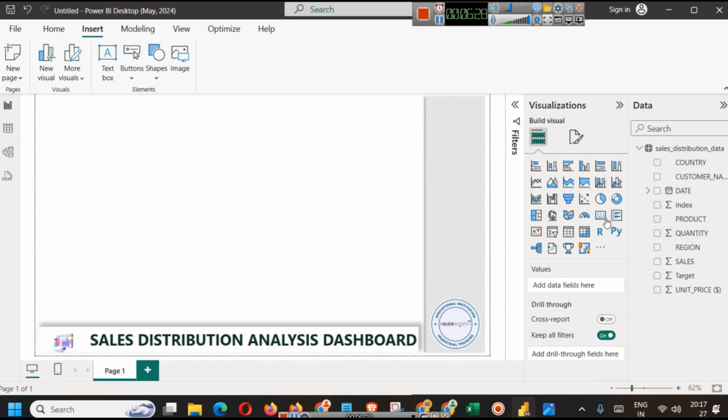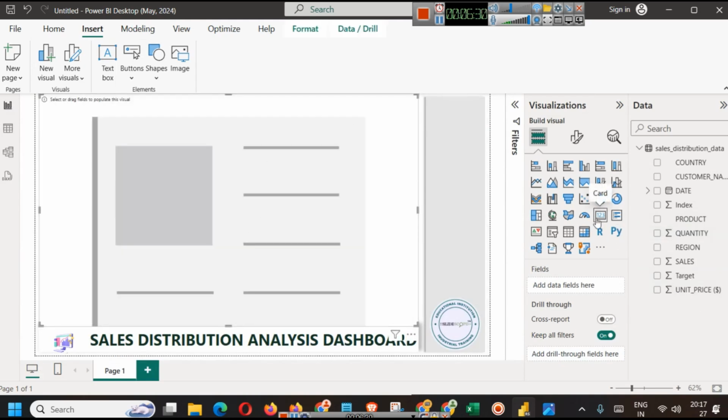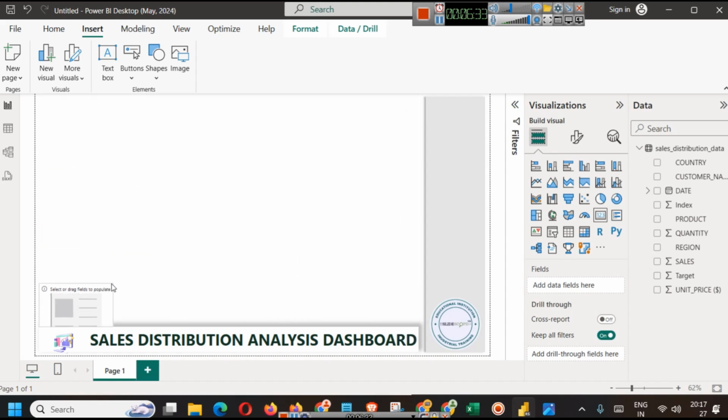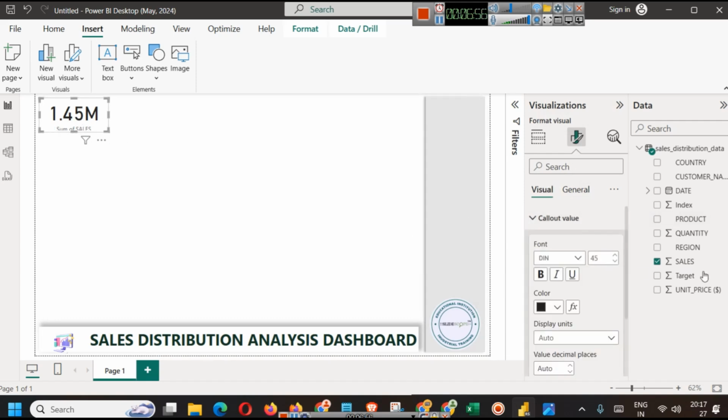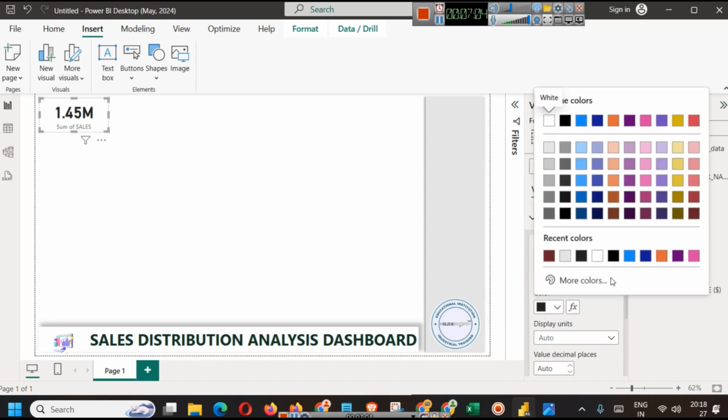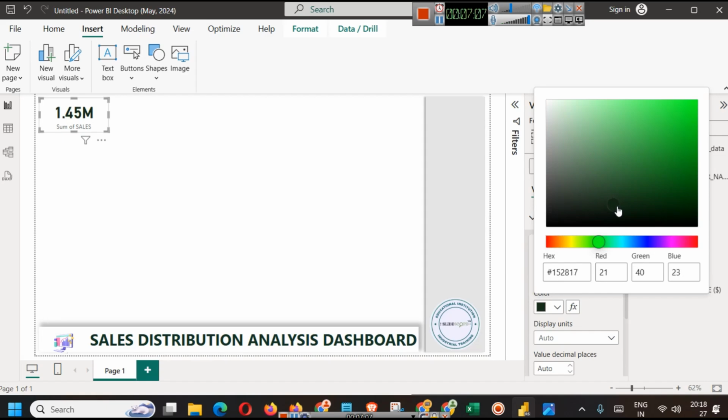In order to create cards, we can add a simple card visual here in order to create KPIs. There are multiple ways of doing it, but I prefer doing it with the help of cards. And here we are just going to include total sales, which we will call revenue. So this is the total revenue. When you add this, you will see its callout value is 45. Let's say we want to show the callout value as 35. We can make it bold. We can select a color as per our theme. Let's say we select this